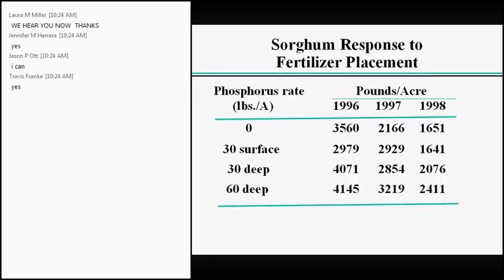Well, we get a yield response a little bit when we put it on the surface over a 3-year period, but look what happens whenever we put it down about 6 inches deep. The same amount, about 6 inches deep. We almost always get a much better response. We put the 60 pounds out, we get a little response from that, but typically what happens, next slide,